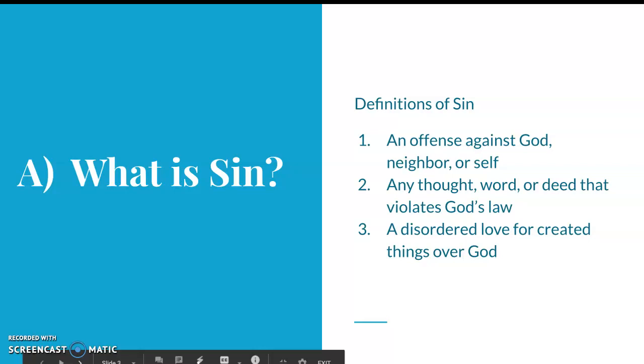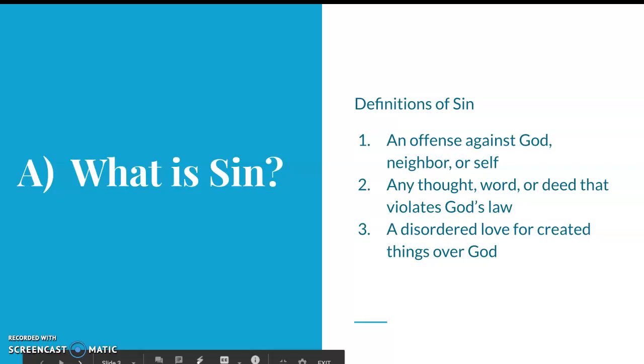So what we mean by a disordered love, think of it in terms of loving one thing more than another. Now, we do this all the time. You know, we like certain things more than we like others. The problem is when we like some things more than God. Okay, and this can be almost anything. It could be food. It could be pleasure. It could be clothes. It could be popularity, or